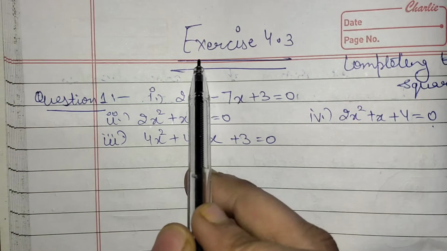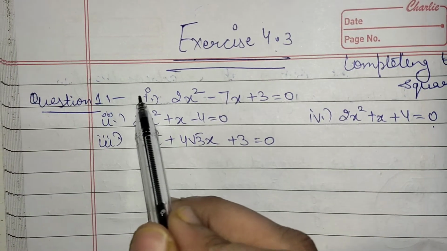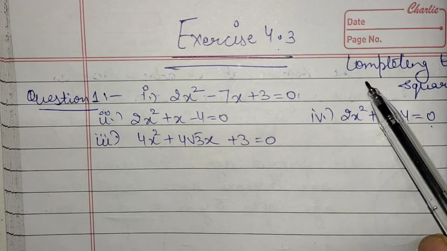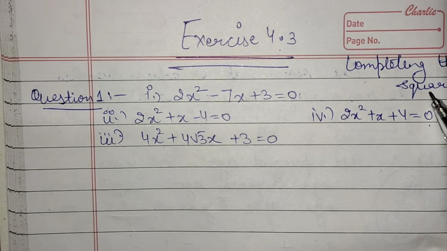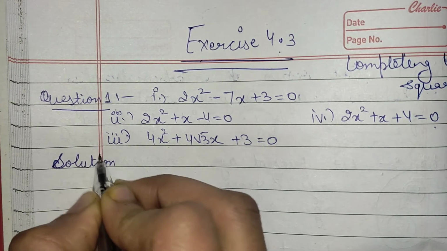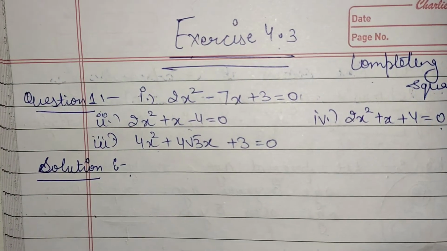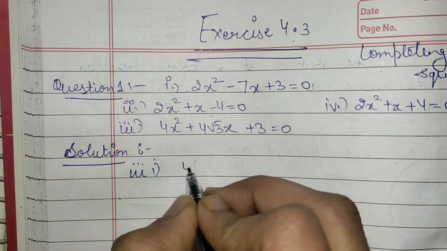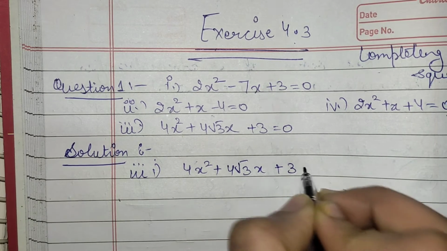So let's start our exercise number 4.3 with the very first question. This question has four parts, and you have to find out the roots of the quadratic equation by using the completing the square method. I will solve one part only in this video and you can solve the rest by yourself. So let us solve the third part, which is 4x square plus 4 root 3x plus 3 is equal